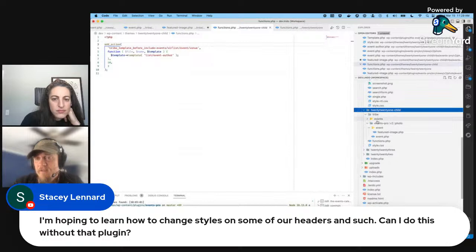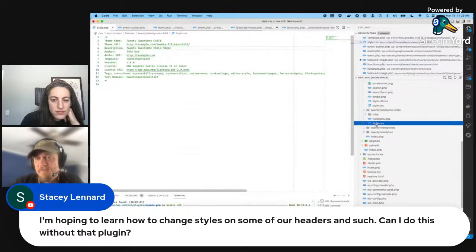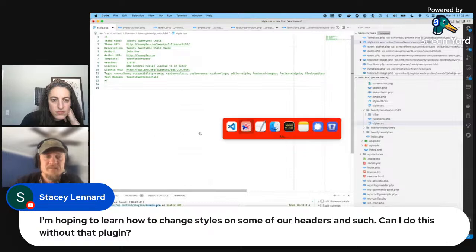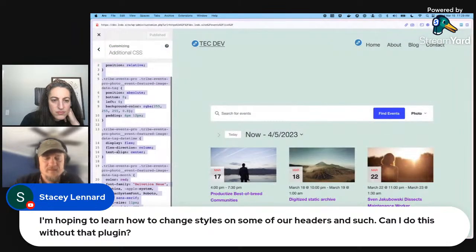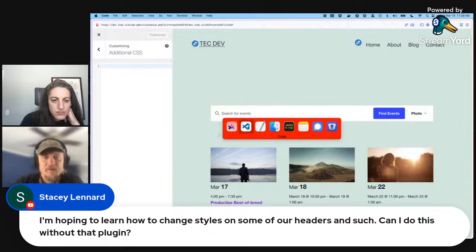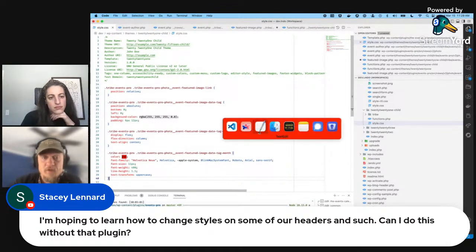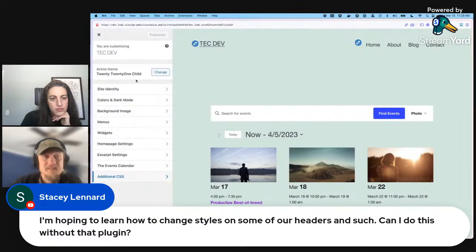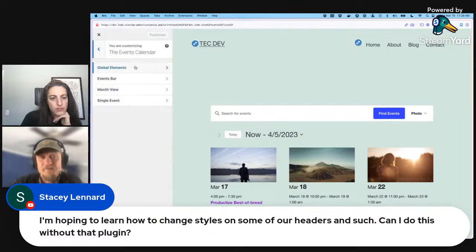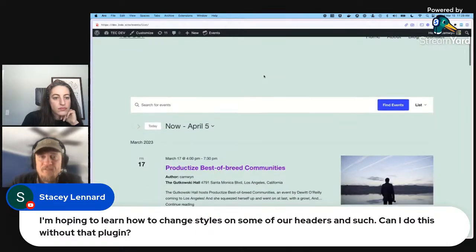or as I said, you can do it in your child theme here. The only thing that a child theme absolutely needs is this style CSS. So we could just as easily have said, take that out, and we're going to put it in here. And you can do this to alter header colors or what have you. Again, there is some of that here for the events calendar for a few of the views and single event. But if you don't feel comfortable with the customizer IDE, or you're using a full site editing theme and you need a slightly different targeting,